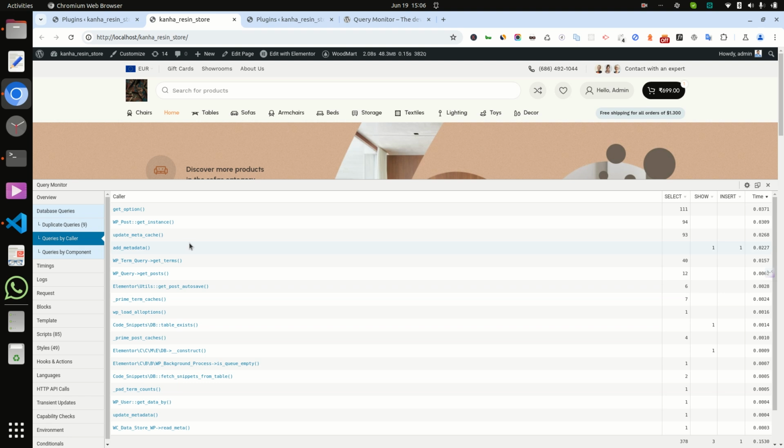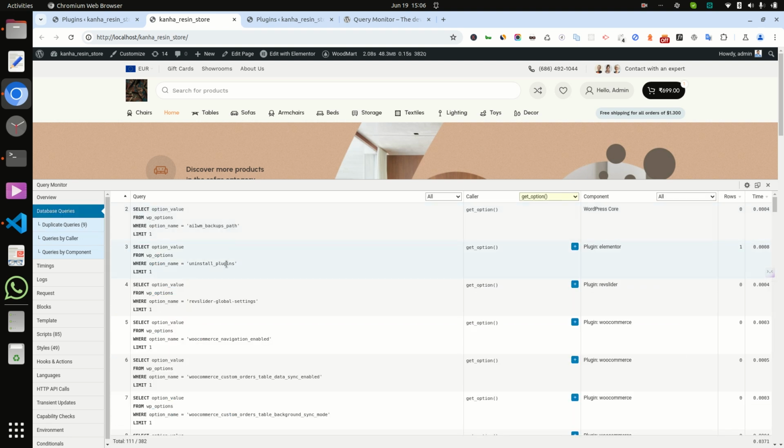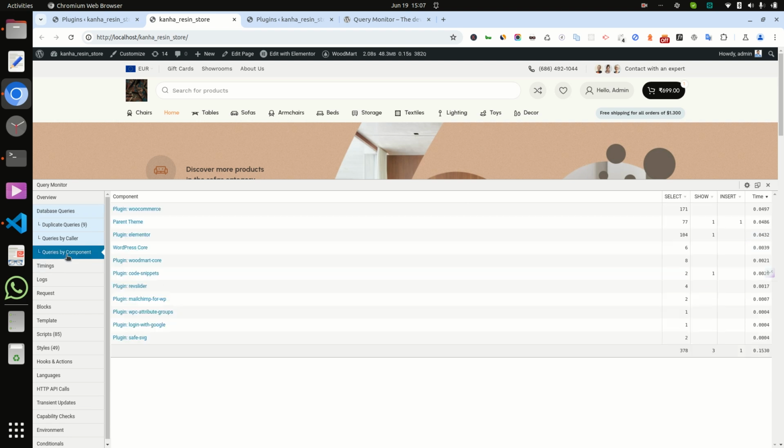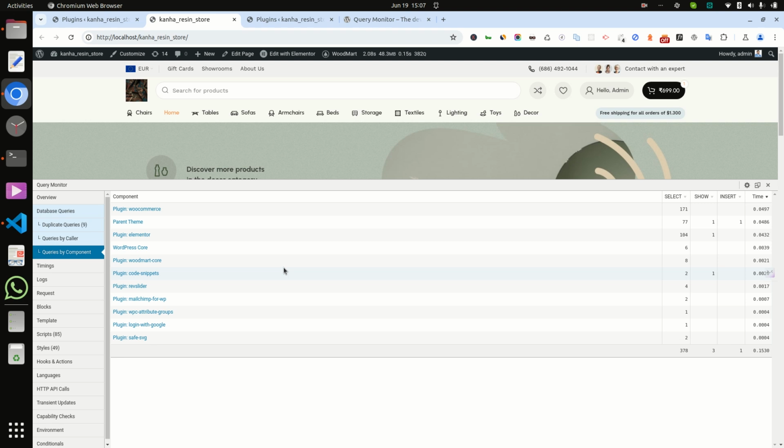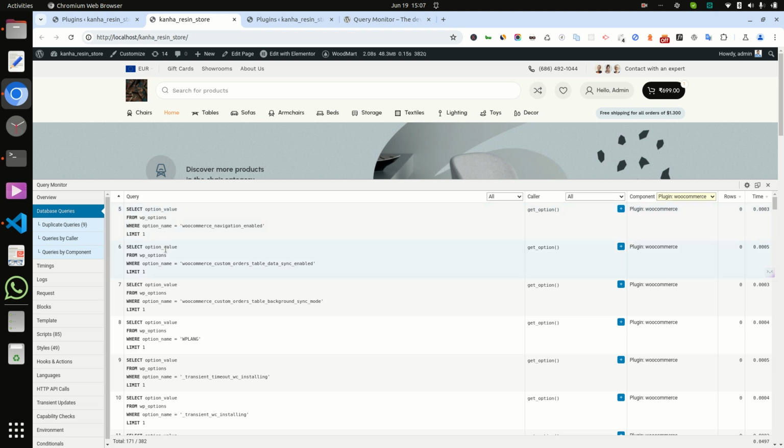You can also check queries by caller, like get option, and it shows all queries. Queries by component means our theme or our plugin. So via WooCommerce, 171 queries are used, and it is taking 0.0497 seconds. If you click on this component, then it will show all queries.